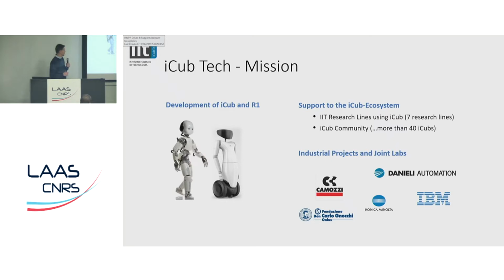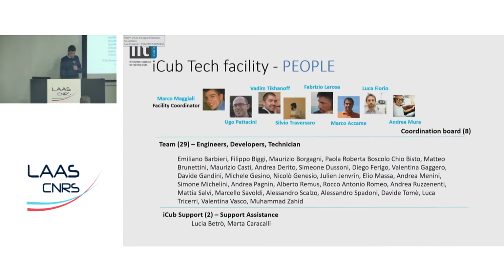But we also have industrial projects, because we want to exploit the technology that we develop for our robots for more industrial projects with companies that are not research institutes or labs. Those are the people that are in iCub Tech. So I'm the facility coordinator. There are 8 people that help me a lot on the organization and on the projects that we carry on. And then there is a team of almost 30 people, engineers, software developers, and technicians, that work on different projects, plus support assistance